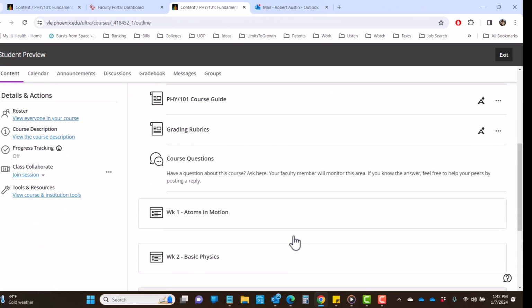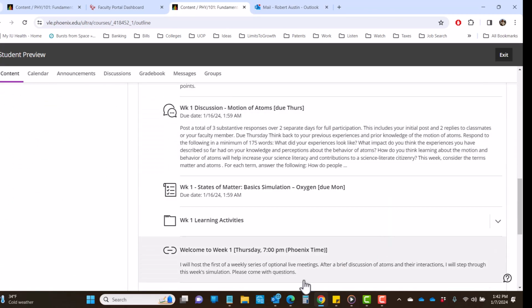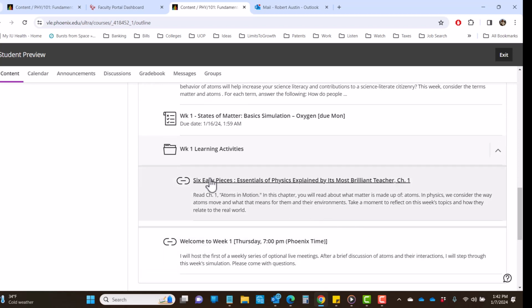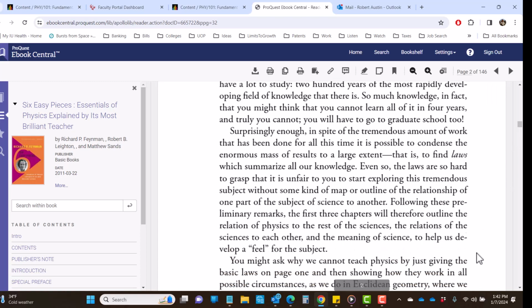Okay, so we're in week 1. This is our first week's module. Let's just start by reading the assignment. So the reading assignment is here in learning activities. So, on day 1, as soon as you can, start reading. You don't have to read everything carefully, at least not on the first pass. You can kind of skim through it.